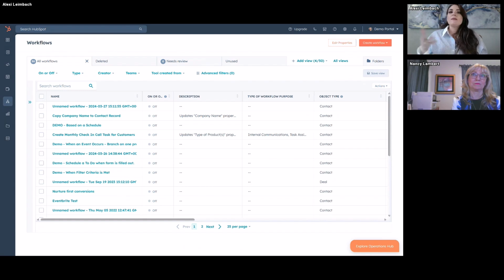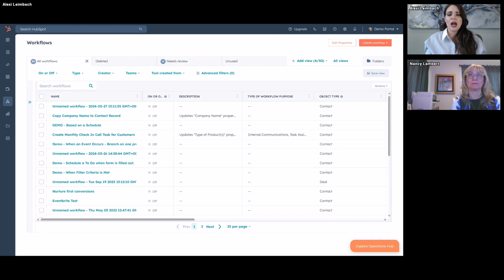So we had some clients who have multiple lines of their businesses and so many workflows automating things. And the way that they had to organize it was by naming in the workflow name the line of business this was relevant to. So instead, you can create custom property fields and just tag them for your line of business or the type of workflow it does.